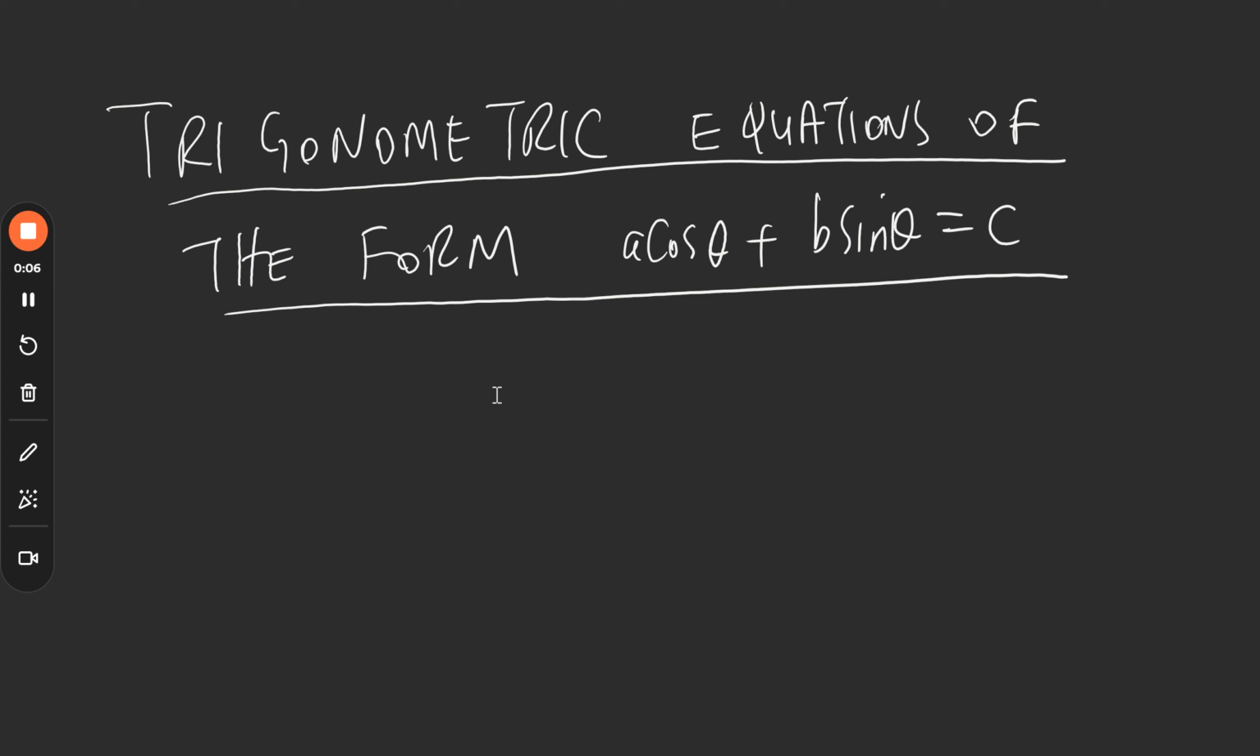And in this session, we are going to cover trigonometric equations, which are in the form a cosine theta plus b sine theta equals c. So with this kind of trigonometric equation, dear students, we have two approaches. You will either use the t formula